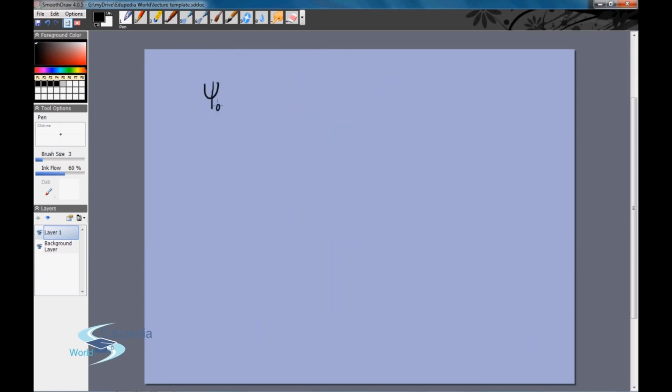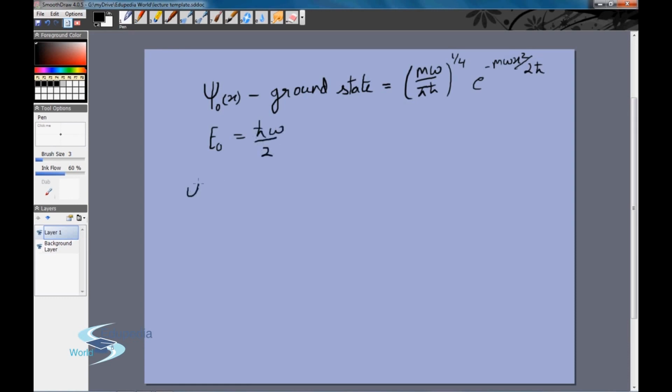So let me write this down properly. The ψ₀(x), which is the ground state, has the function (mω/πħ) to the power 1/4. This is only done as a normalization constant to make the probability 1, into e to the power minus mωx²/2ħ. And the energy E₀ for the ground state was ħω/2. So what will be ψ₁(x)? That will simply be a₊ times ψ₀(x). You can calculate it yourself. And the energy E₁ will be ħω/2 plus ħω, so 3ħω/2,